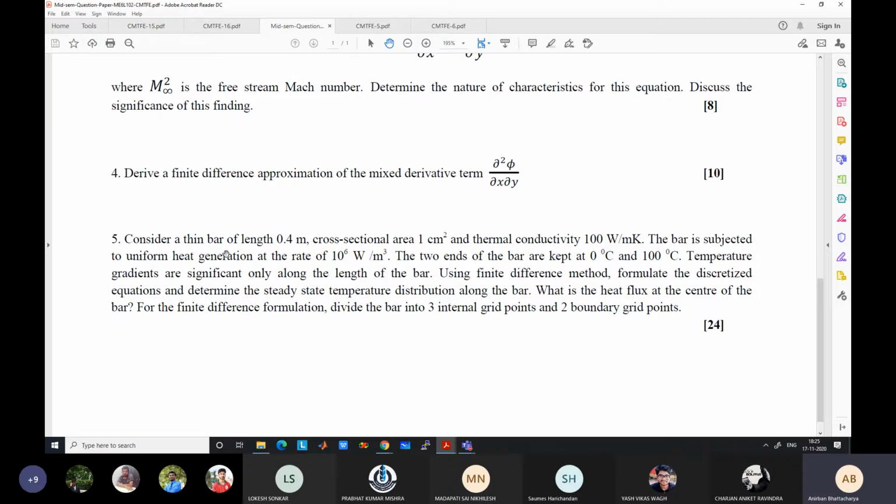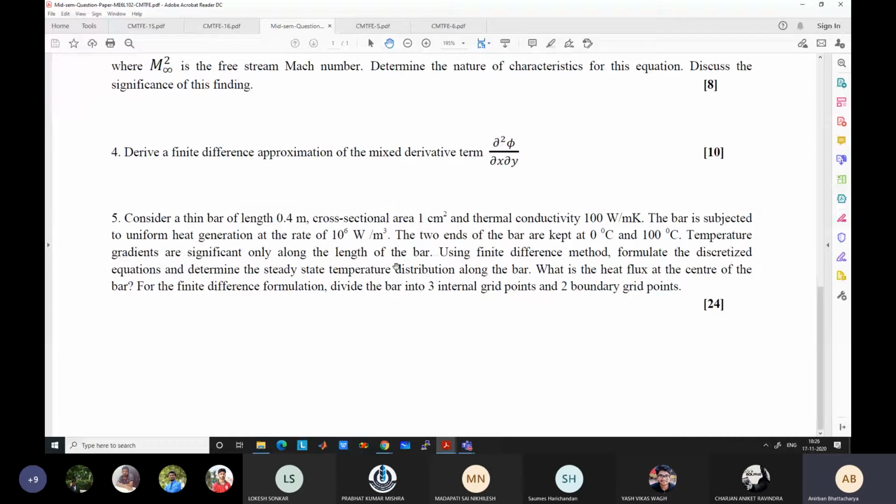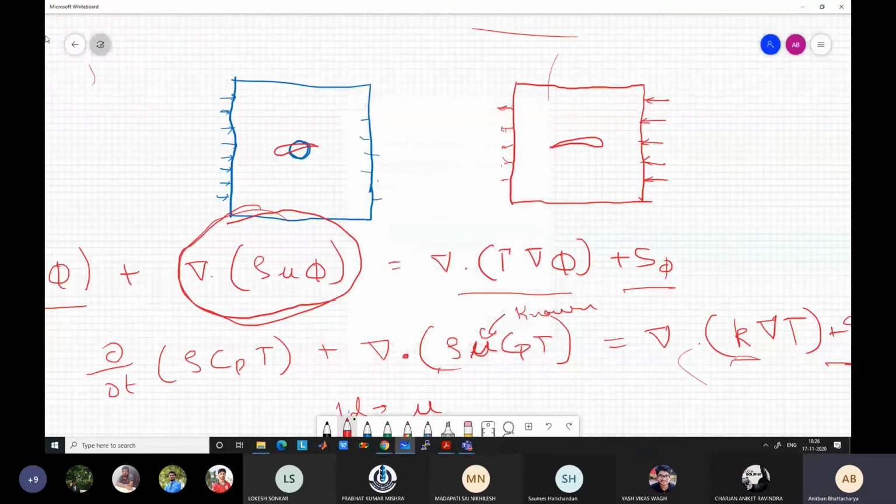And fifth one is consider a thin bar of length 0.4 meter, and basically a problem is there where, if I can show you quickly, just again many of you have done correctly but done some calculation mistakes for which I have deducted 1 or 2 marks or 2-3 marks. If this is just a minor mistake, if you are not able to do it at all or have partially done it, then obviously more marks have been deducted. So if I